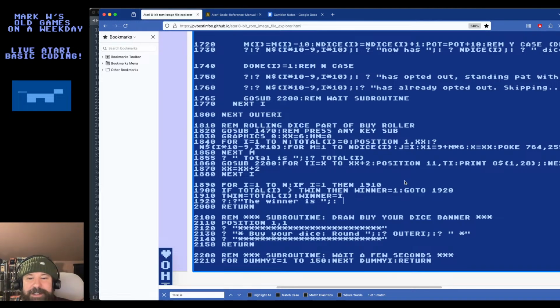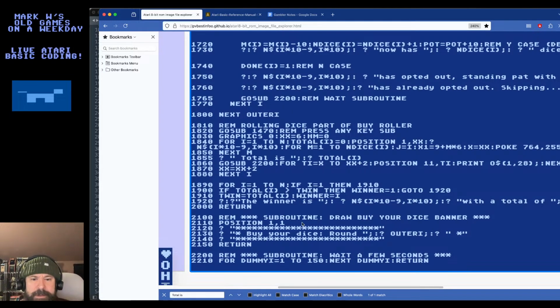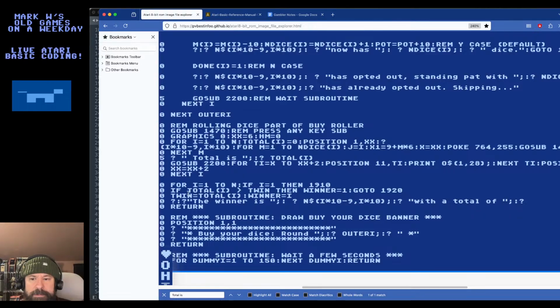So let's see, the winner is now I have to use that funky formula to get the name, which looks like this. And that's padded to 10 characters or something too. The winner is, right, we could do this. We can write their total with a total of, or a roll of, I don't know, go with that, a total of T-win.